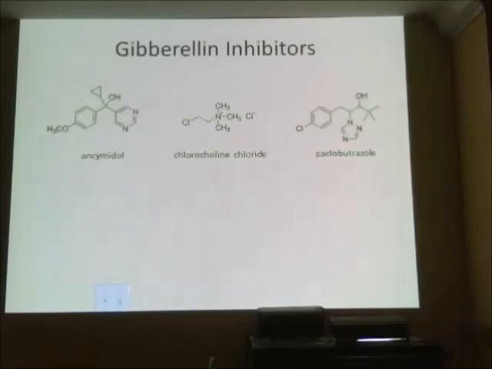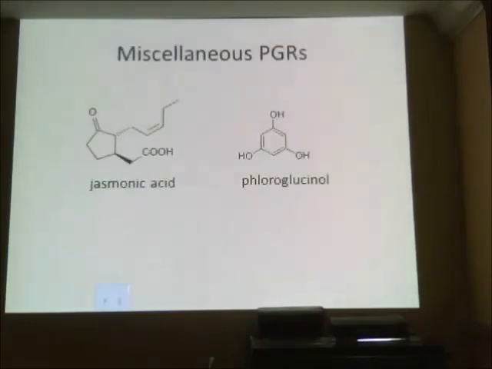And on the very last slide, I want to show just a couple other miscellaneous compounds. There's just two compounds in here. The first, actually the second one here, fluoroglucinol, is a derivative of phenol, which is just this ring with one hydroxy group. So this is called 1. We number around the ring: 1, 2, 3, 4, 5. This is 1, 3, 5, trihydroxybenzene,